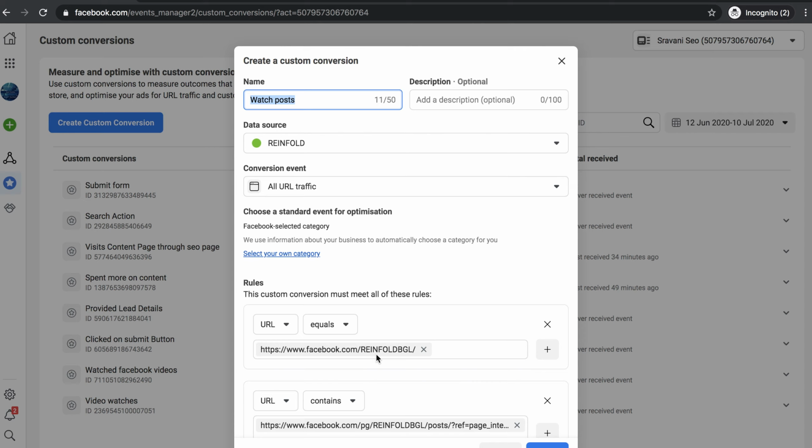So they should be on the home page of my Facebook business page, and they have watched the Facebook post. If and only if the visitor satisfies these two conditions, then Facebook will track it as a conversion. Create.